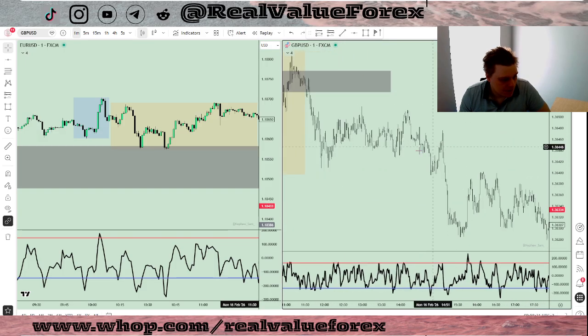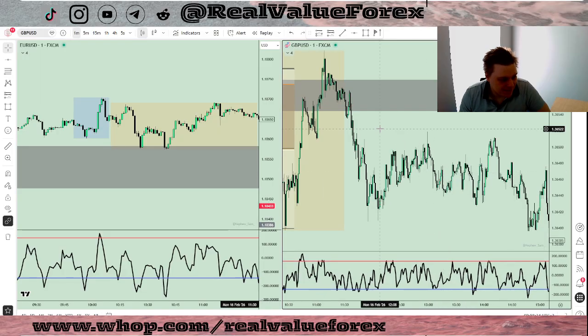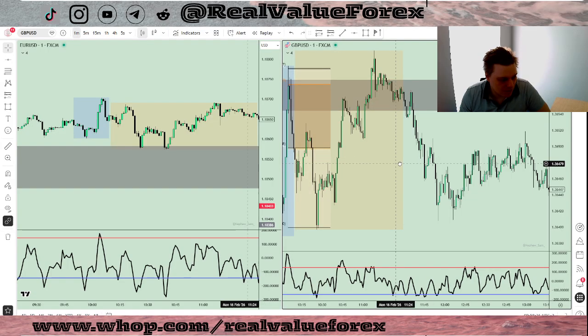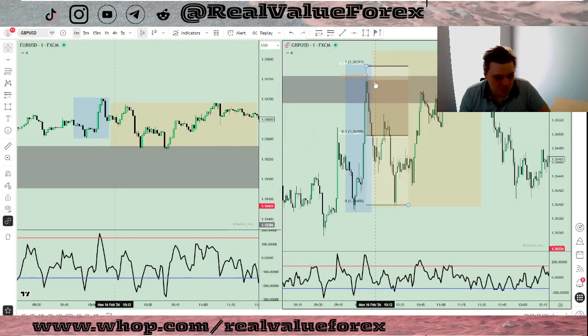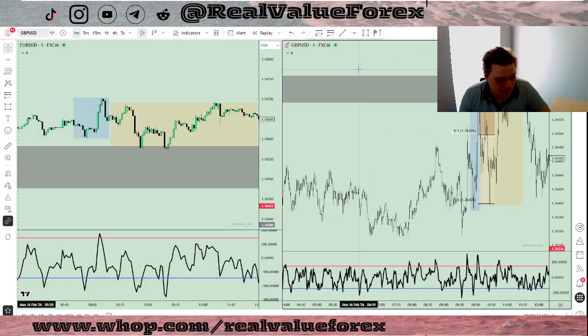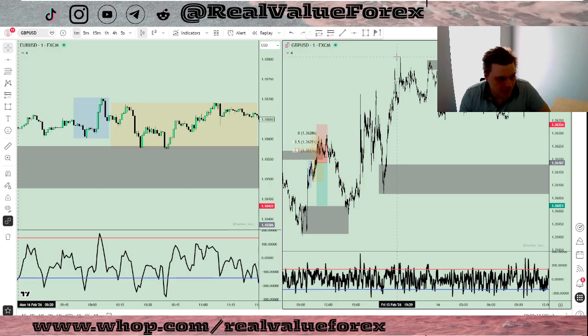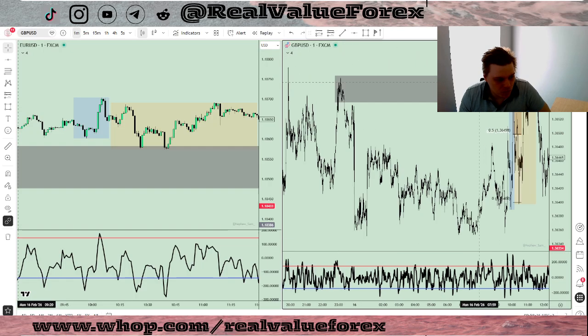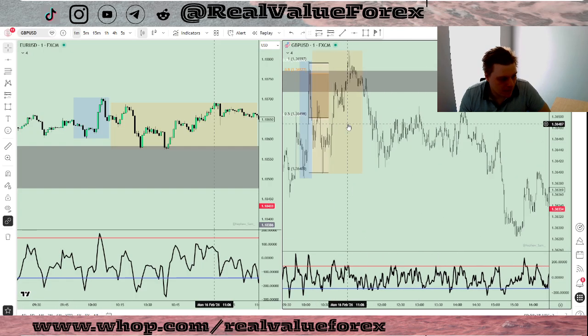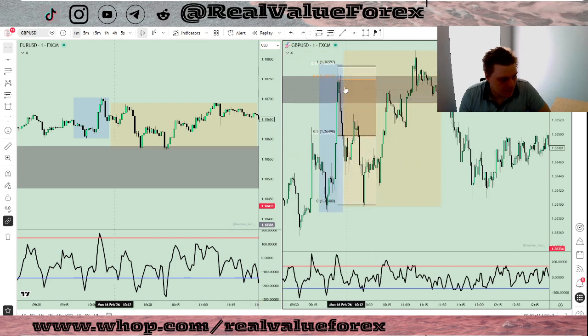I was feeling bad that we didn't take it. I know that some of you took it still with old entries, but it was a nice order block tap, a nice sweep of the highs, like the previous day highs were in here. So we see we slightly swept it. We get the entry, we get the signal, everything was just correct. It was just a little bit of a shame that we didn't hit it.